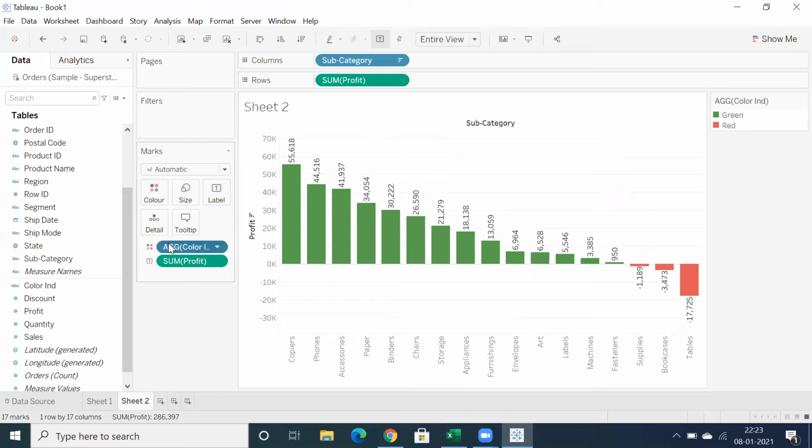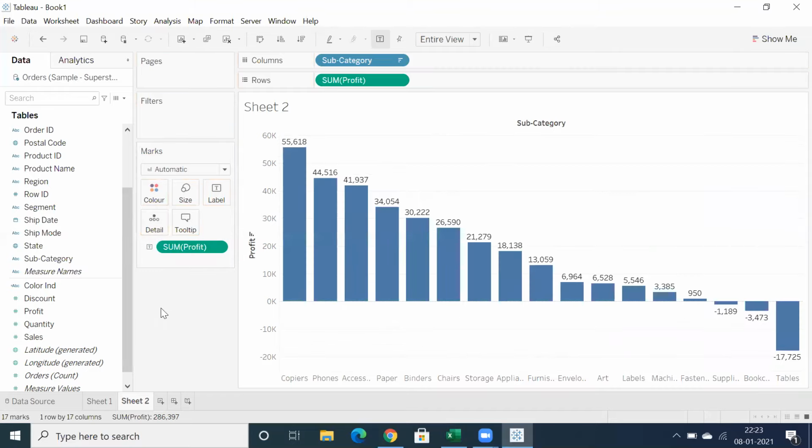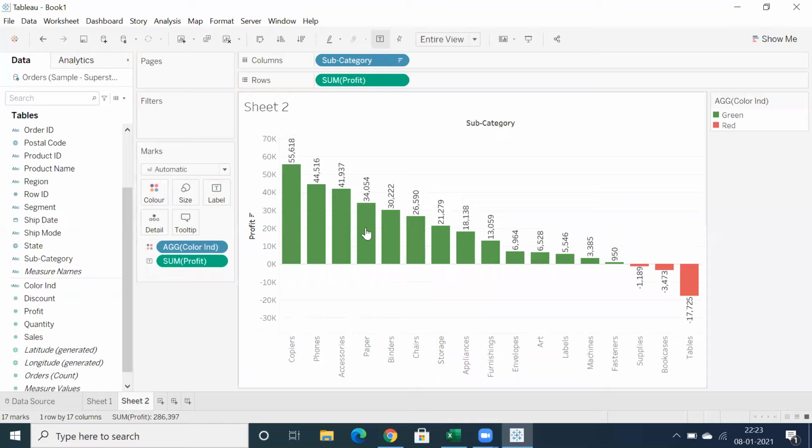So let's say you remove this color which we have applied, because initially we assigned green and red. So no need to assign the color every time. Now just drag and drop color indicator into color. Straight away you are getting green and red. Only the first time, whenever you create a calculation field to assign a color, you need to assign proper color so that you can reuse the same calculation in multiple sheets. This is one of the interesting ones where it is more flexible. You don't need to write much formatting or complex calculation to differentiate this.